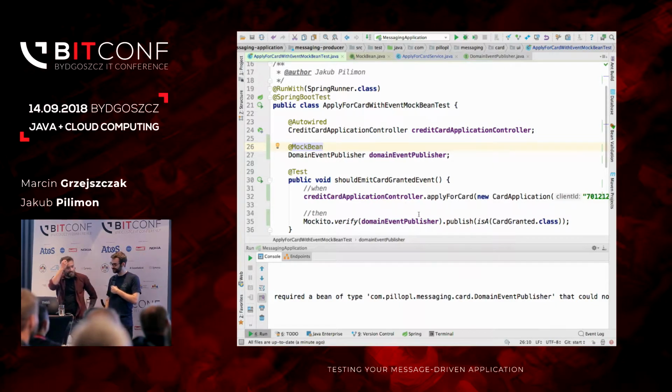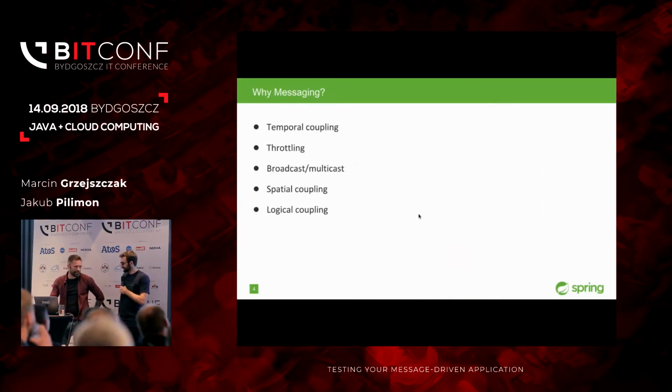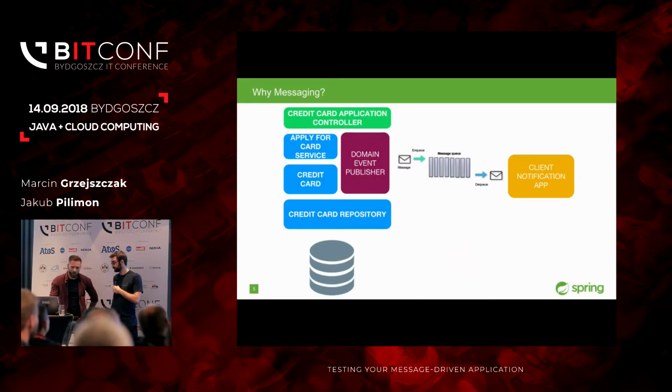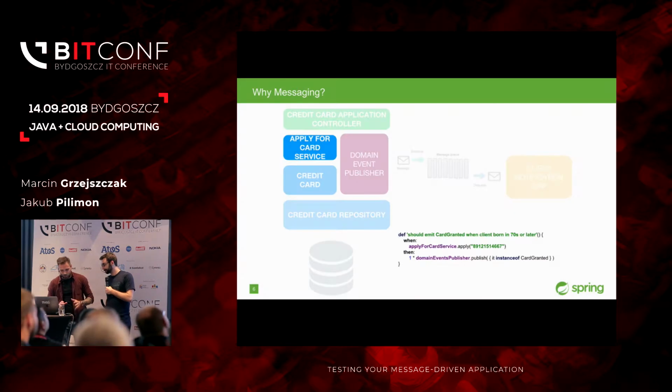Yeah. Okay. So to recap, basically, while you were talking, I sketched your architecture. It looks like this. You have the controller. It delegates to apply for card service. It talks with cards repo, a database. There is this domain event publisher. There's Rabbit, and there's notification app, right? Looks like. The first test looks like this. It examined in isolation apply for card service unit test. It could lead us into a good design of our class, test whether we behave correctly with domain event publisher. Okay.